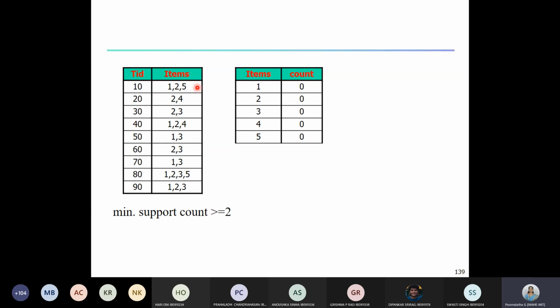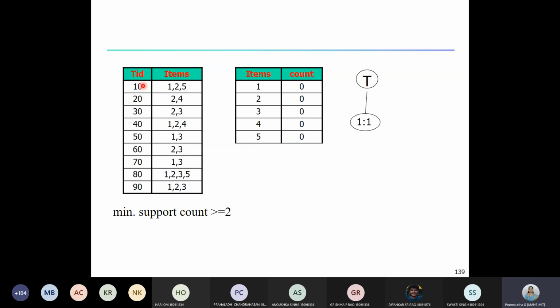But all the transactions are already in ascending order, so we are not doing that step here. We have 5 unique items here. This table contains all the item names and their initialized count value equal to 0. Then we start constructing our PC tree. This is the root, and I'm just indicating it as T because it's the beginning of our PC tree.